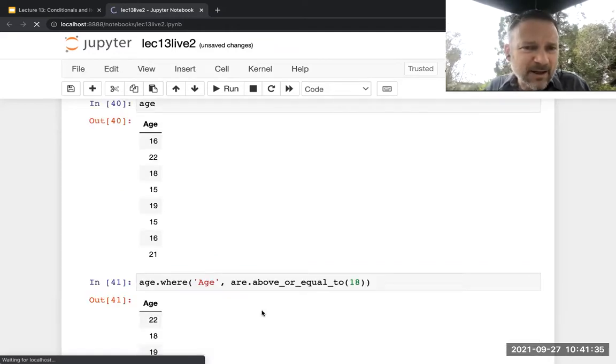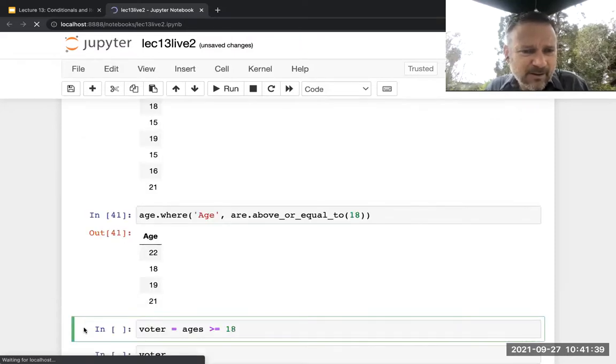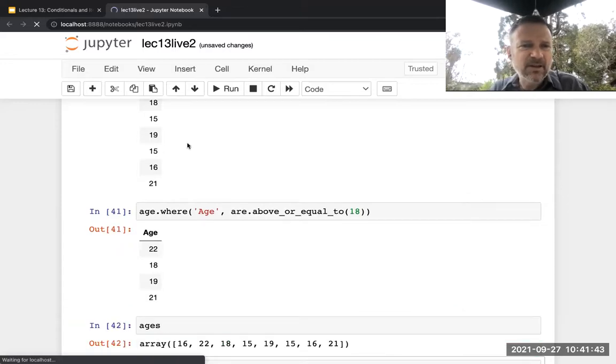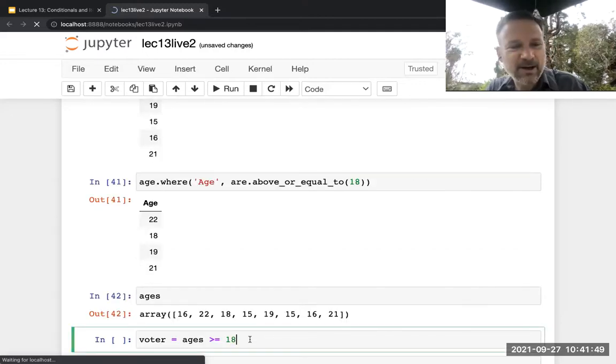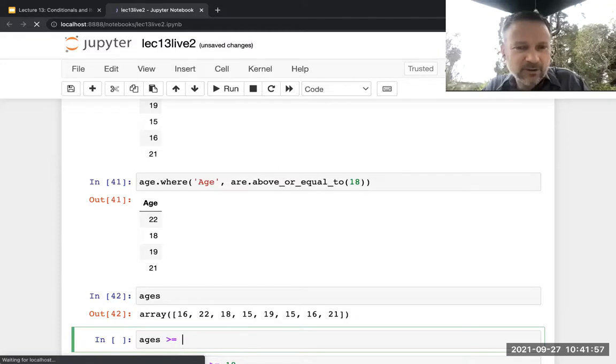I have an array here, ages, that contains the numbers in this table up here. I can do a comparison, compare this array, ages greater than or equal to 18, and that's going to give me a new array of trues and falses.